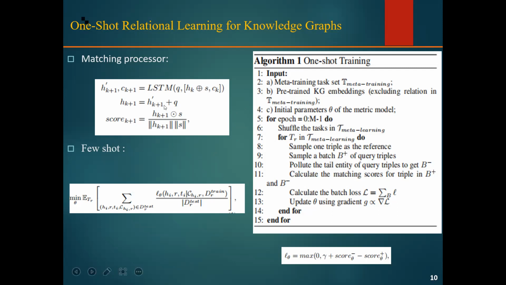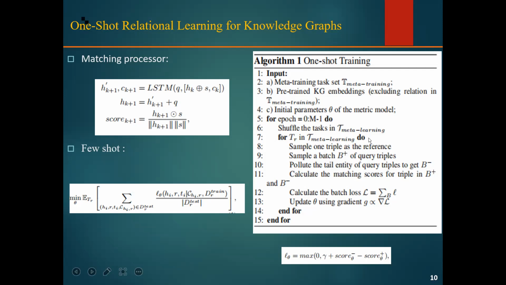As we use few-shot learning in a meta-learning fashion, our goal here is to train the matching model so that it can predict new facts with just one-shot examples. In the meta-learning here, we have training tasks. Each task uses a relation in the knowledge graph, and we get a batch of training data for this relation, called the meta-training set. We imitate the one-shot prediction at evaluation time, where we put just one example, one triple, in the training data set.